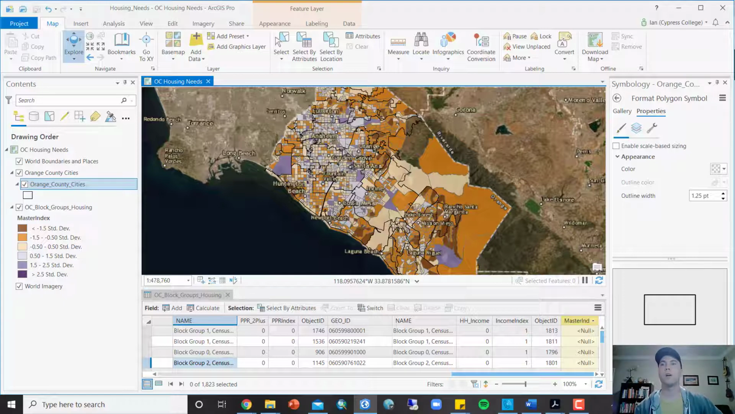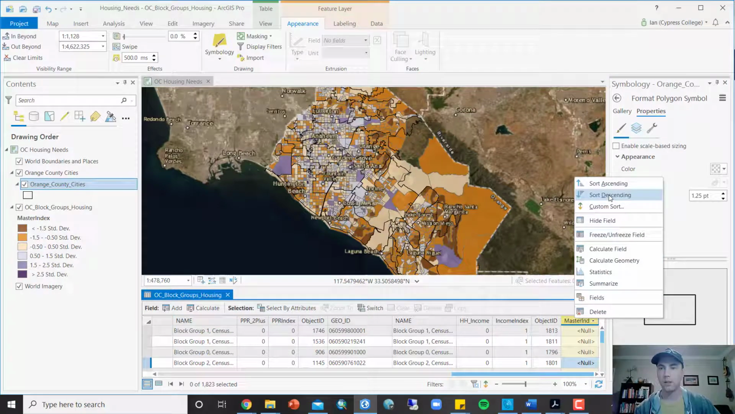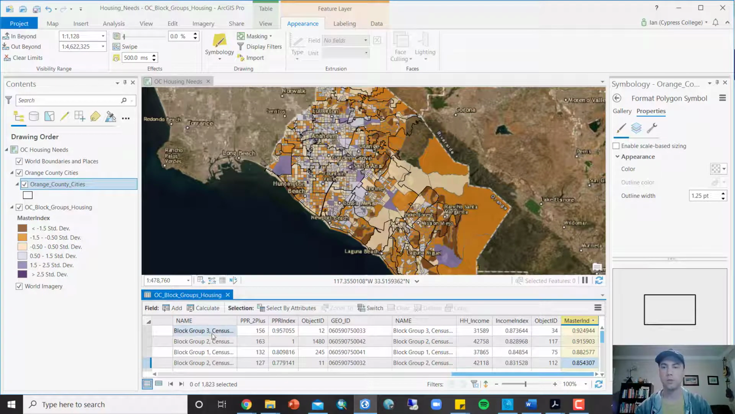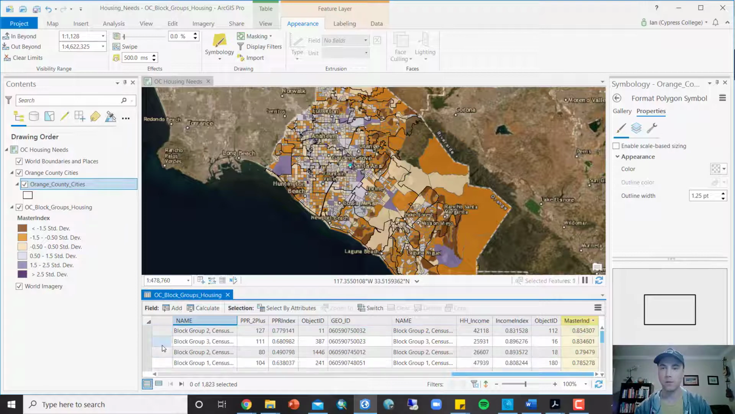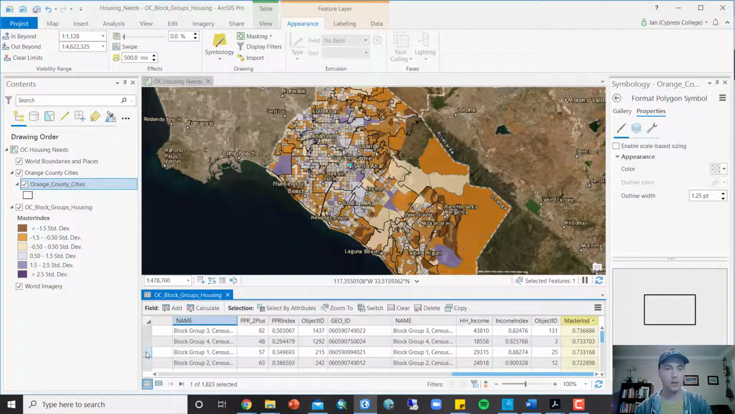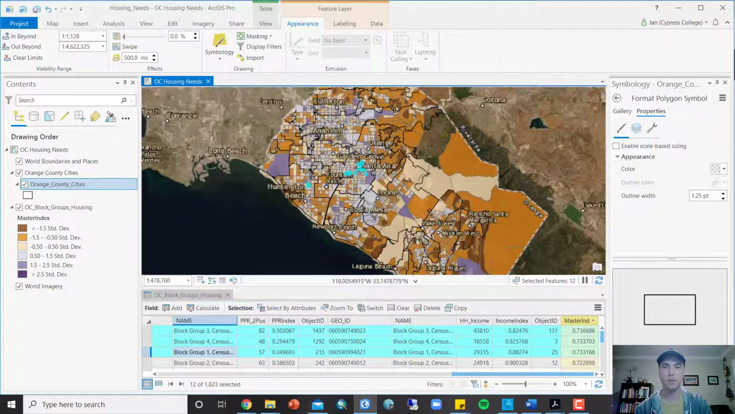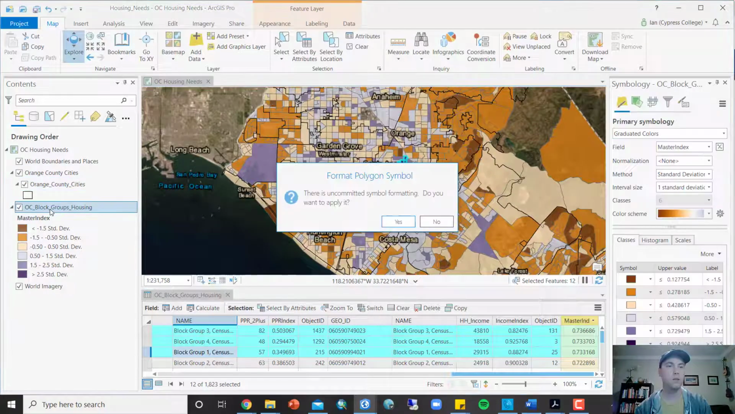Okay, so I will probably leave it at that. We're already at 37 minutes. I think that you will be able to get through the rest on your own. The key thing over the next couple of steps is just to identify the highest need block groups in Orange County. If you do a sort descending on the master index field, you'll find all of those that happen to be in the highest standard deviation. Again, the instructions are in